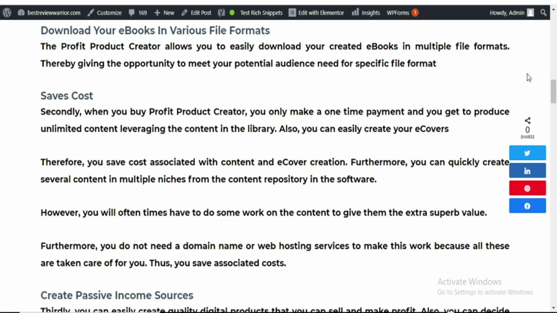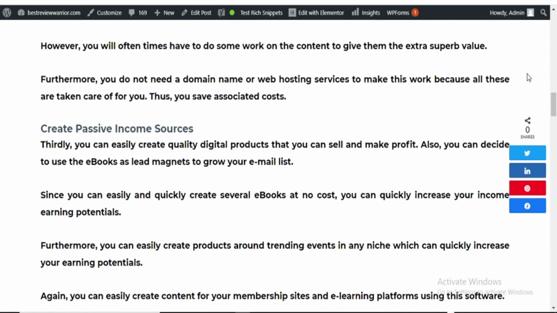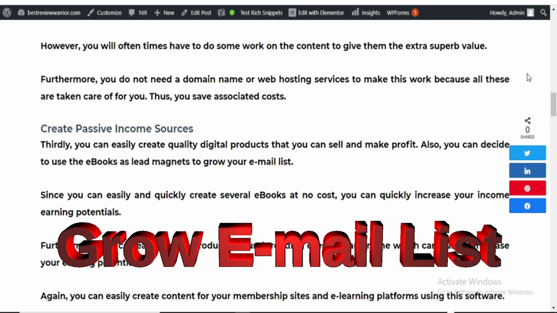And with the bonuses I'll be offering you, you can actually generate even far more unique content. Then you can create passive income sources. With this software, you can create several digital products because you have a huge library of articles to pick from. You can churn out several high quality contents, but you will need to do some work to make sure those contents are exceptional quality. Of course, you can also use these ebooks to grow your email list.